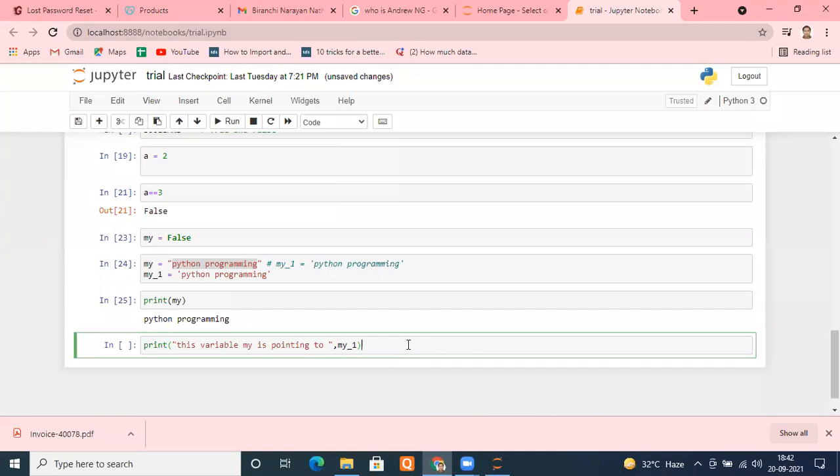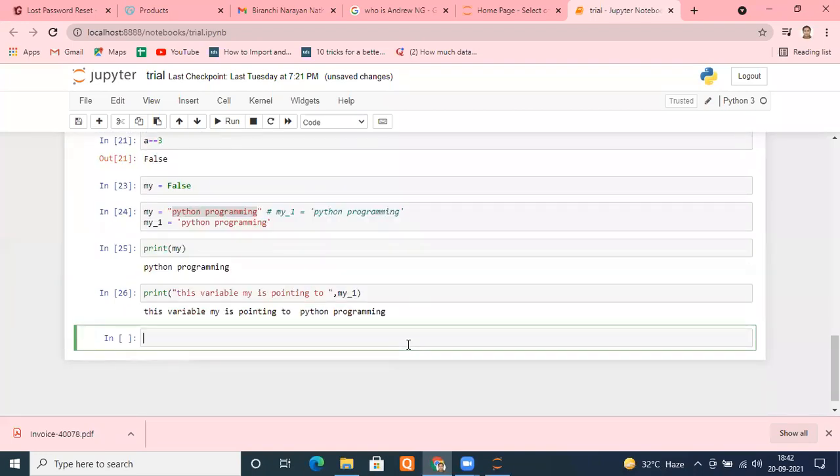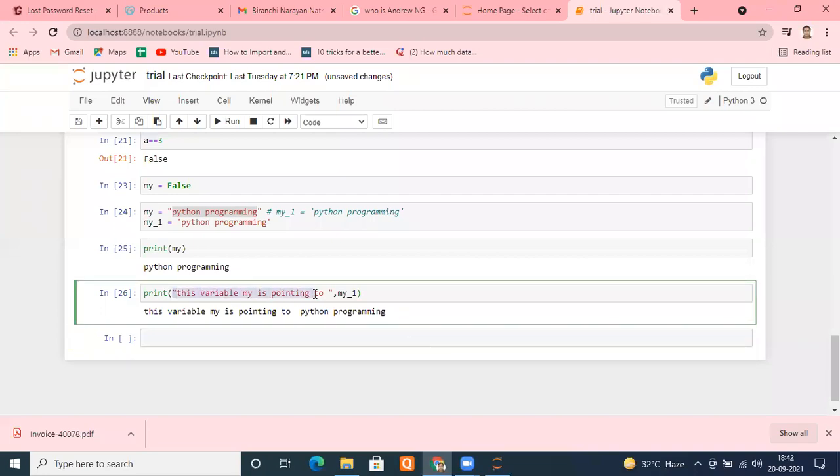So I'm running this cell, Shift plus Enter. Can you see what it showed? As it is, it copied the space also, so everything is there, the space, and after that the value the variable is holding is printed here. Is it okay with everyone? Please tell me.